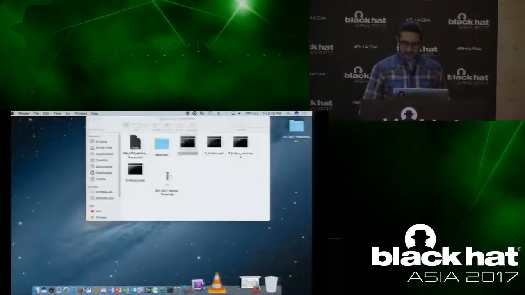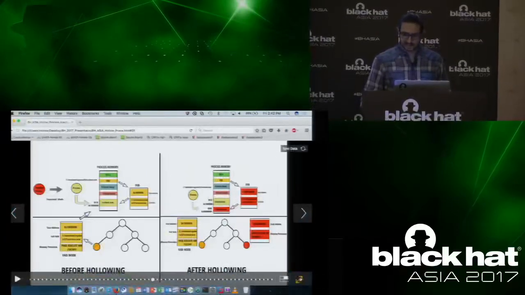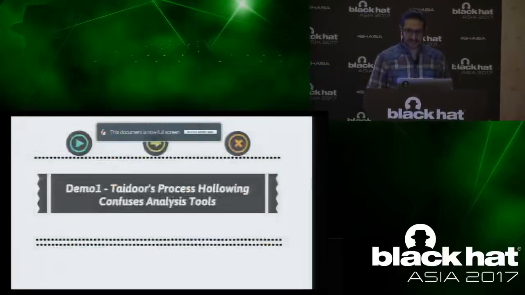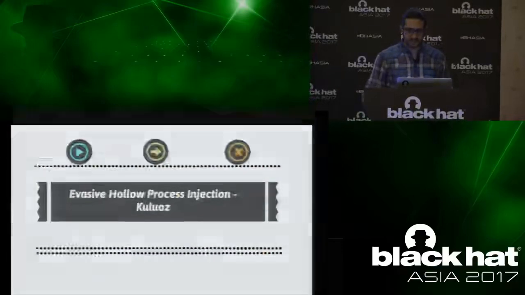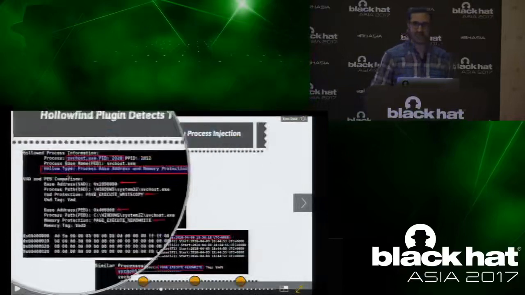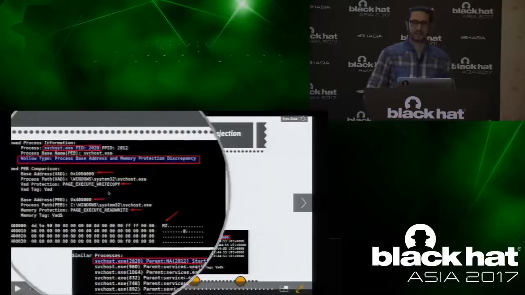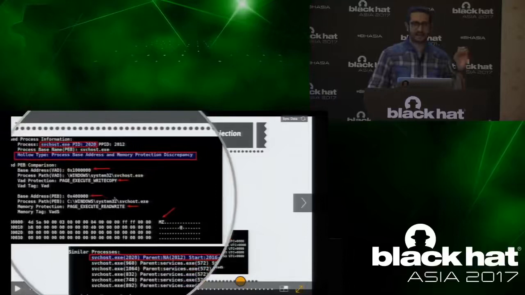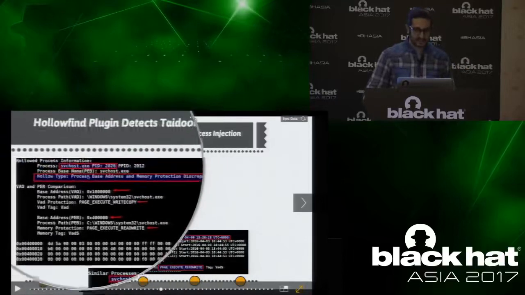But this process was also automated. What I showed you is a manual technique. It was also automated using the HoloFind plugin. Let me show you how it looks. So you see that running the HoloFind plugin against this memory image, it tells you svchost.exe is bad, and